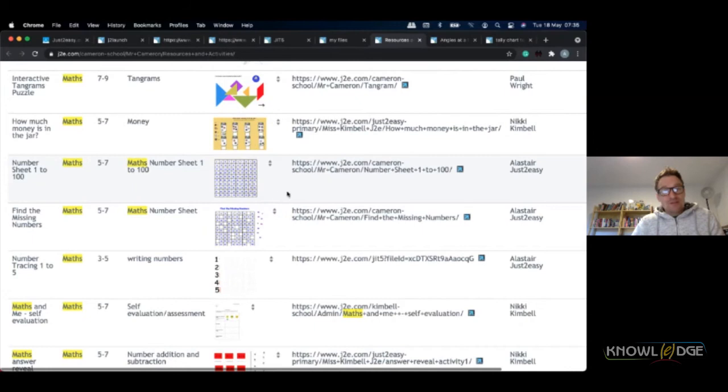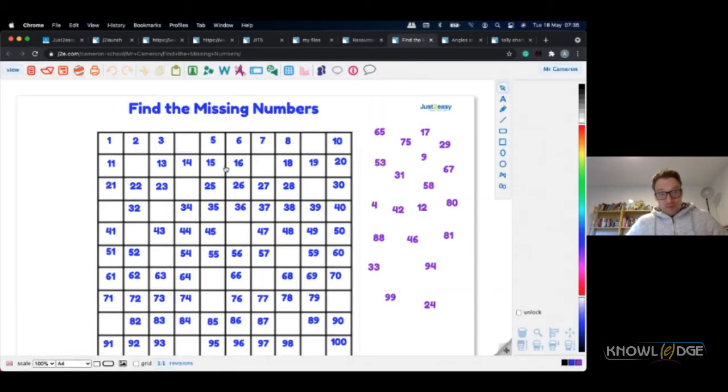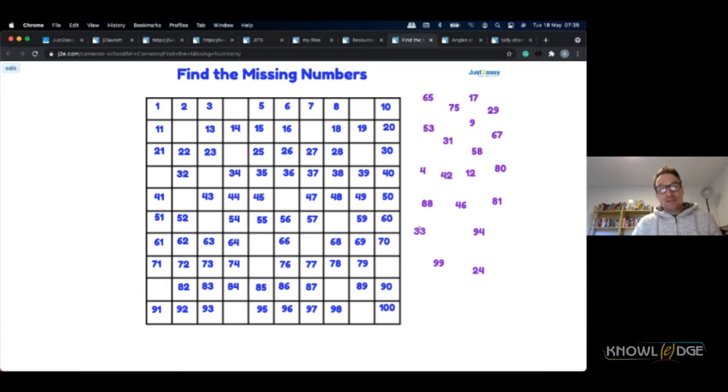Other ways that you can use these activities, and as I mentioned, these are fully editable so that you can tailor them to your needs, to your curriculum, to your teaching activity for a lesson. Things like find the missing numbers. Very simply, pop a sheet on the page with these details. You could do this from a PDF, convert it into an editable activity where you can get the children to start putting the numbers back into the number sheet, etc.